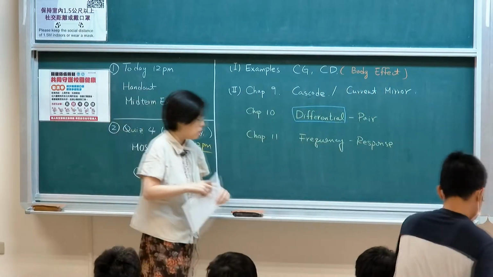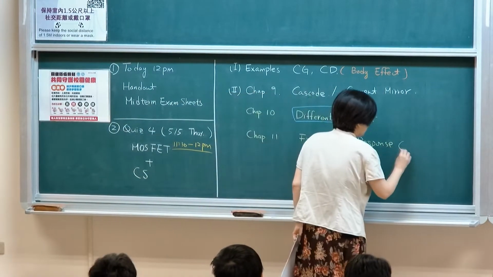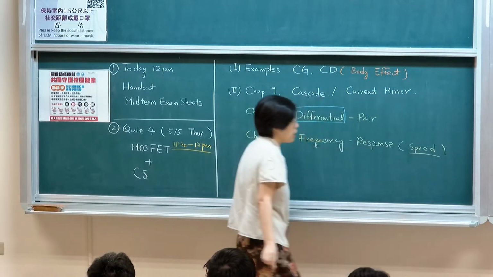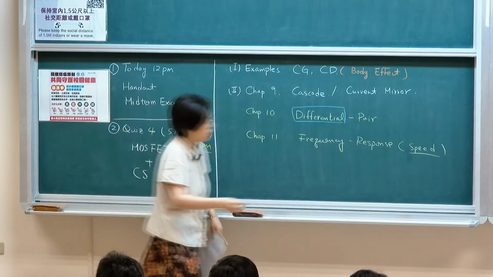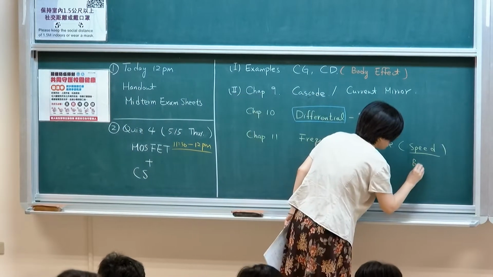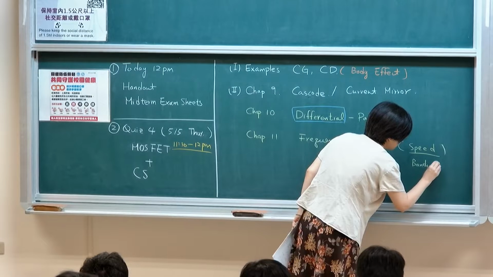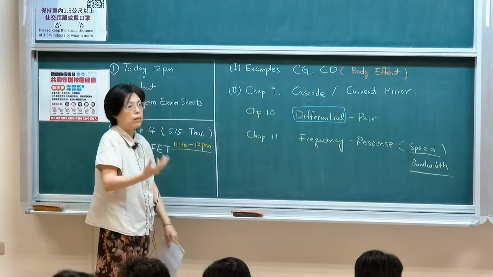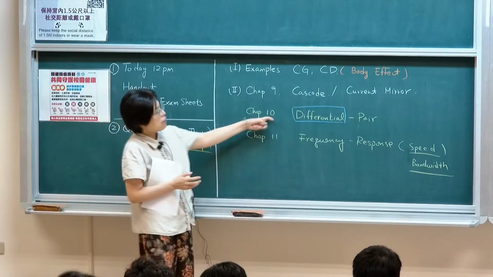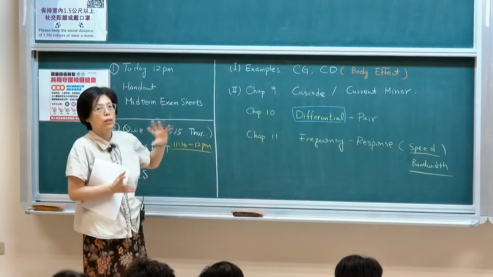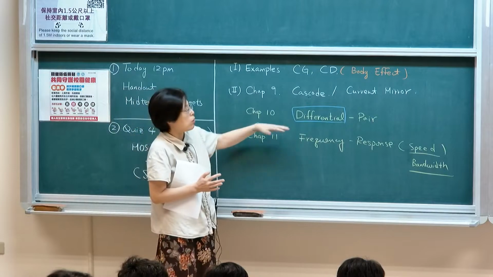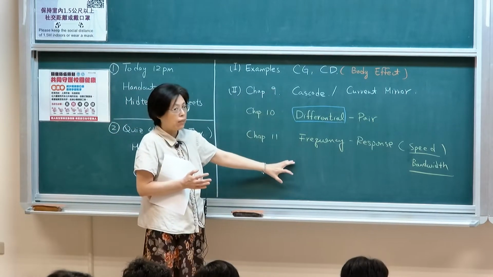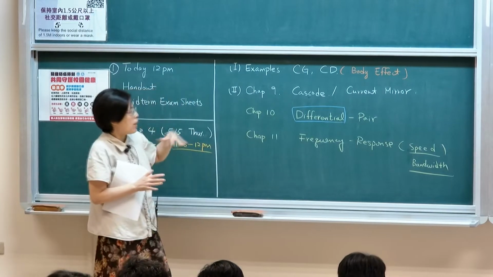One is to increase analysis on speed, because we didn't spend much time talking about speed of the circuit or bandwidth. This is just to expand direction as to which are the key components in analyzing a circuit. And this is one of the structures which allows us to minimize noise. So we're going to talk about that. This is what we're going to cover until the end of the semester, so you sort of know where we stand.